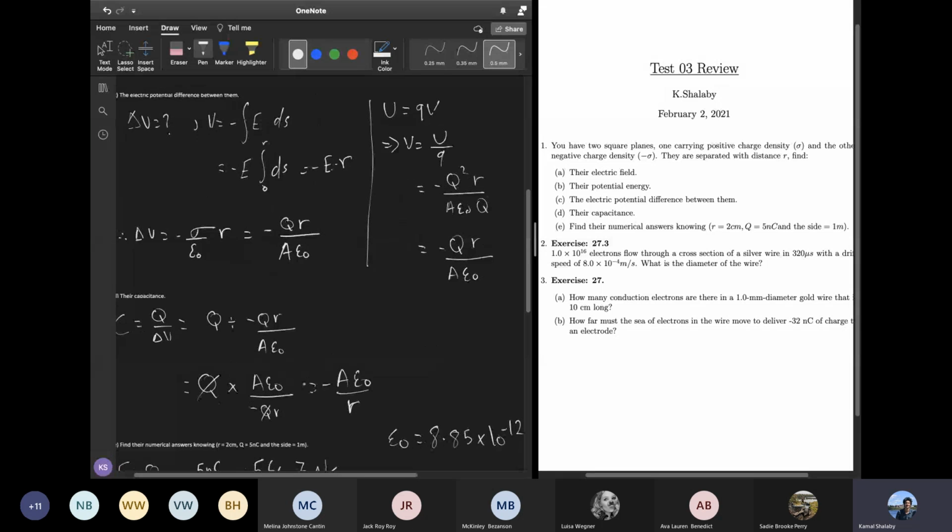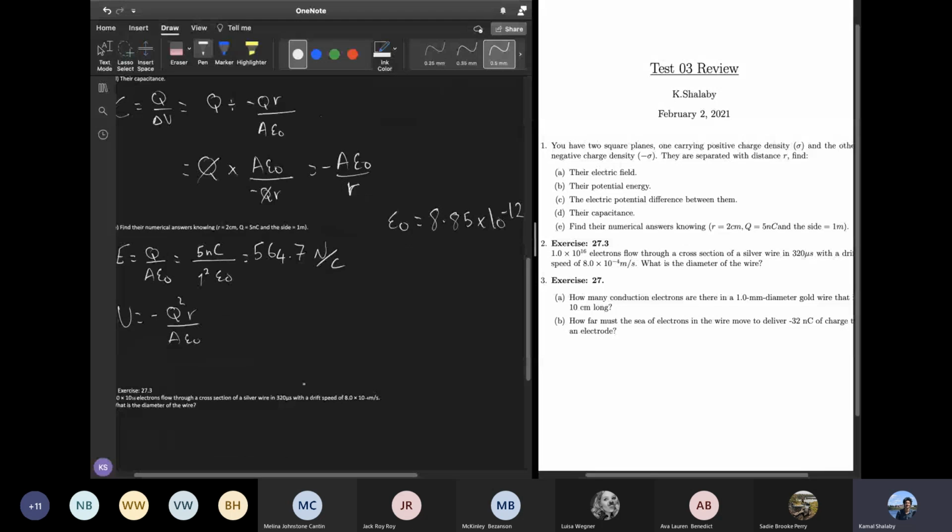Okay, so just plugging that back in, the negative 5 nanocoulombs multiplied by R, where R is equal to 2 centimeters, which is 0.02 meters, over 1 squared, and epsilon naught again. So that's going to equal